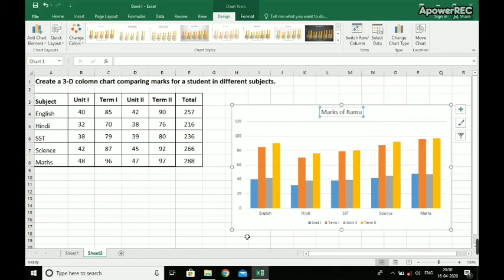All right students, so you can see this is the part of a chart. I was telling you that this rectangular part is known as the chart area, in which x and y axes are given. It is known as the plot area. This horizontal line at the bottom is known as the x axis, and the vertical line is known as the y axis. These are the data series which are given. Then the subject names, these colorful dots you can see at the bottom are known as legends. So these are the things that you find in a chart.